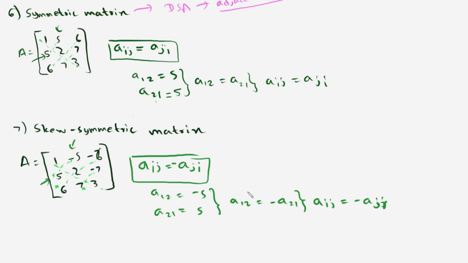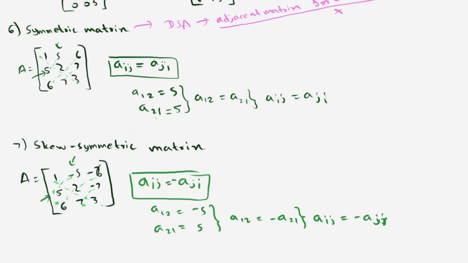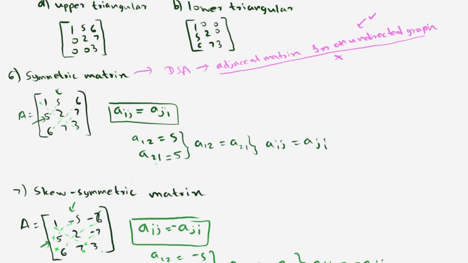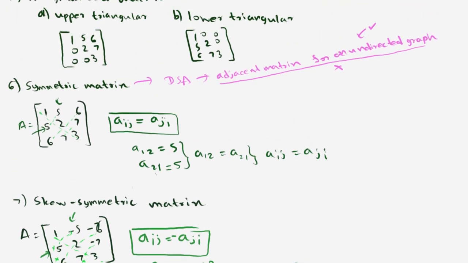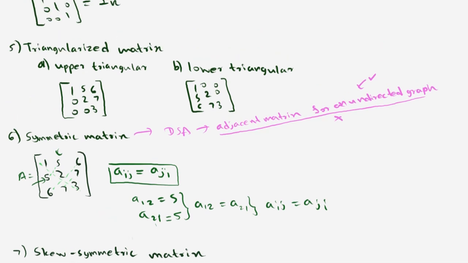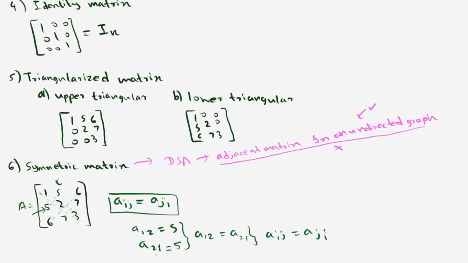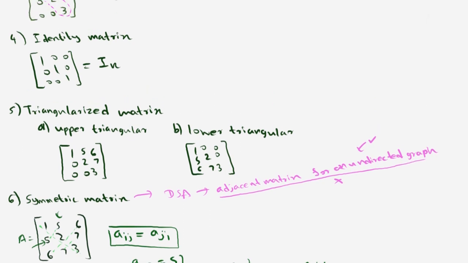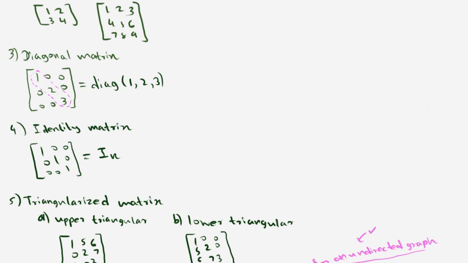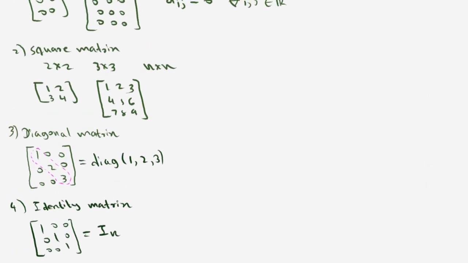And yeah, those are the 7 special types of matrix, and there can be more types such as orthogonal matrix as well, but those are very special cases, so I will describe such special cases in the relevant topics. But for now, these are the very basic 7 types of matrices.